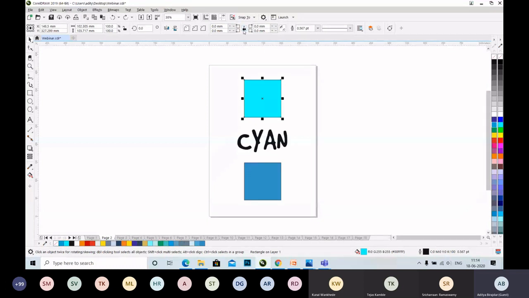And in the middle, you can see lock button. If we keep it locked, then the values for all the four corners will be same. But if we unlock it, then we can put our own desired values for any particular corner. Let's look at this by first locking it. All the corners are now rounded by 20 mm. If we now unlock it and put the value 20 for the first corner and for the fourth corner, you can see the difference over here.